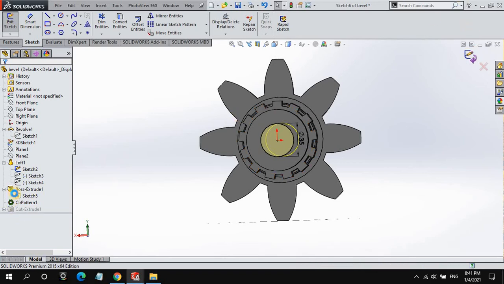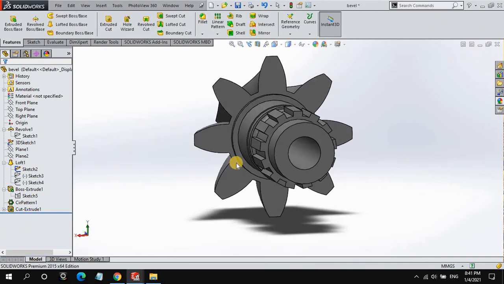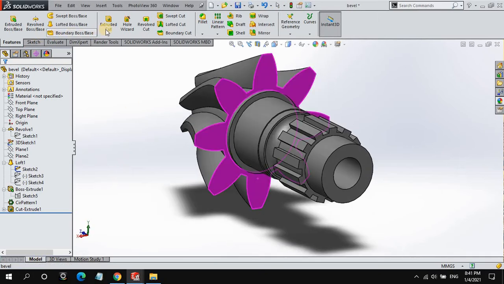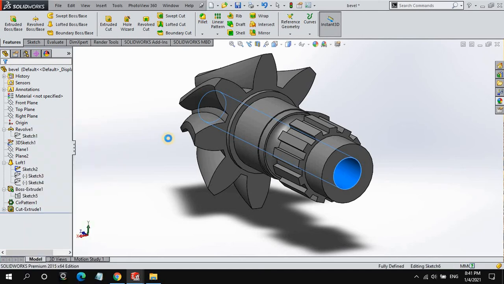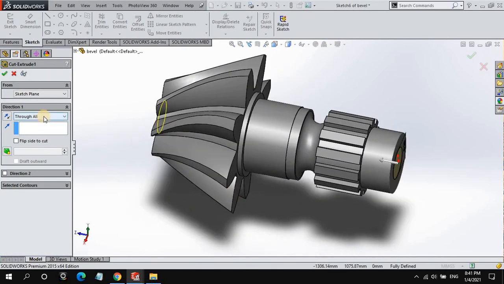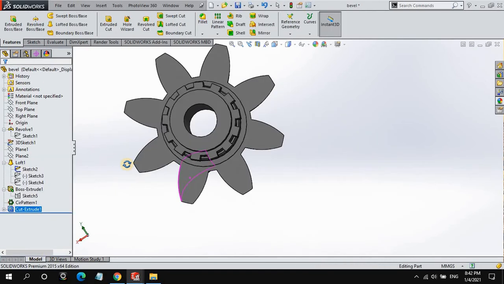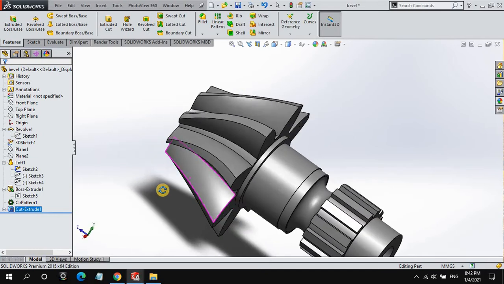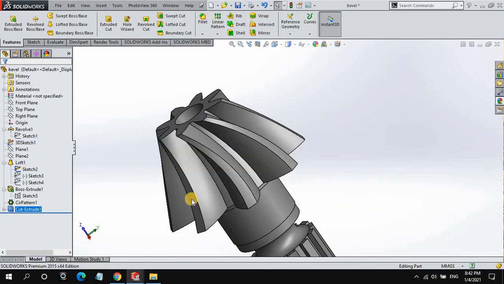Then use the extrude cut command, direction 1 through all, then OK. My shape is created. This is the simple helical bevel gear. This is how to make a simple helical bevel gear in SolidWorks.